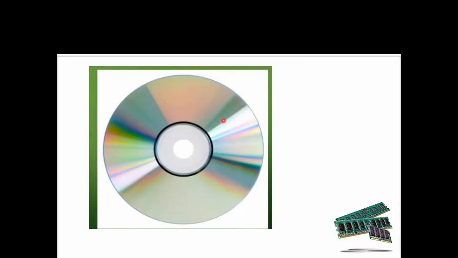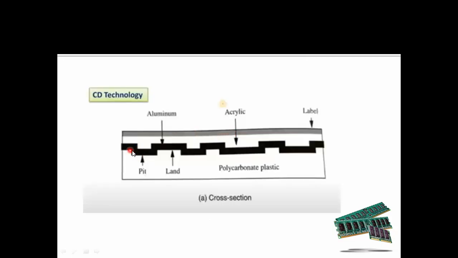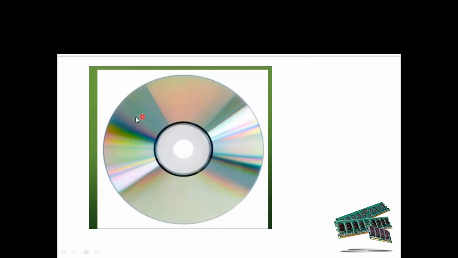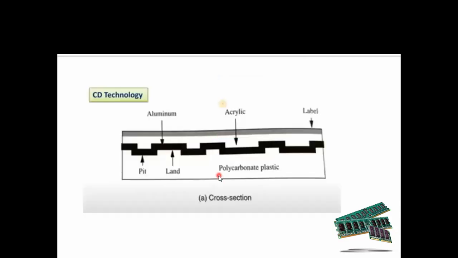One side is like a mirror. That means all the data will be stored on this side. So see here how that will be. The internal cross section of the CD is like this. Pit and land. This is the first side, like a mirror. This side is used to place a label. This is the top side and this is the bottom side. At the bottom side, we are giving a label regarding the subject in that CD.